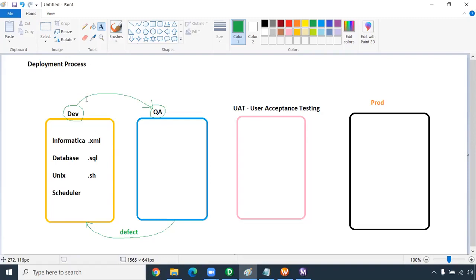You have to make the changes, and again you have to create an XML export, export all the files, create a build again, and deploy into QA again. Then they will test it. This cycle will keep repeating until the quality assurance team gives the sign off. It can be an endless process. Once they give it, then the code will move to the